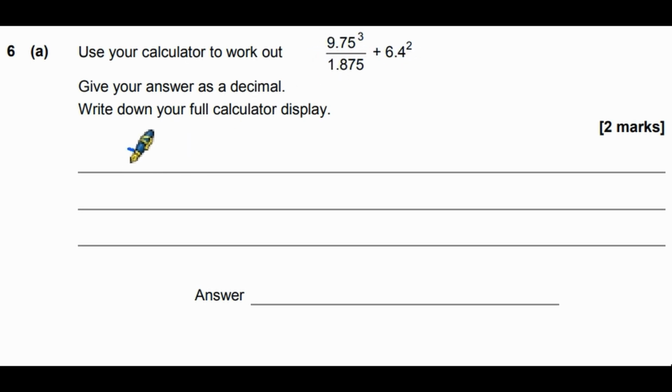So you can feed in 9.75, use whatever button allows you to make that to power 3, hit the divide and put 1.875, and you can find the answer to that first if you like, but you could also simply add plus 6.4 squared onto it, and the answer you will come out with is